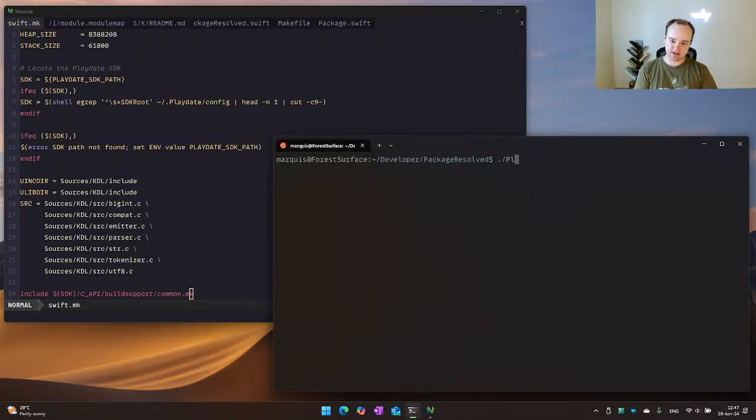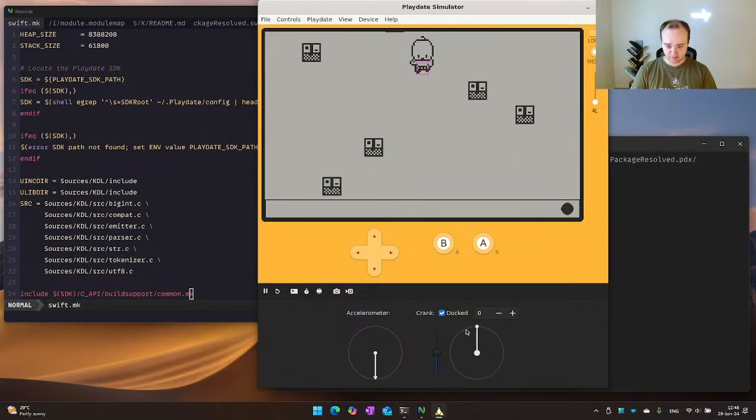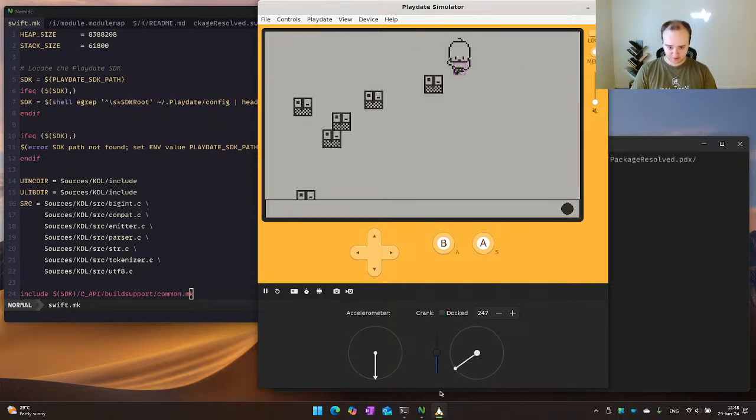And if we were to run the Playdate simulator, what am I doing? Playdate simulator, there we go. Build package resolve PDX. We should be seeing the Playdate simulator pop open and things are working as normal.